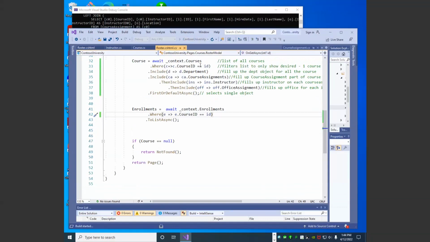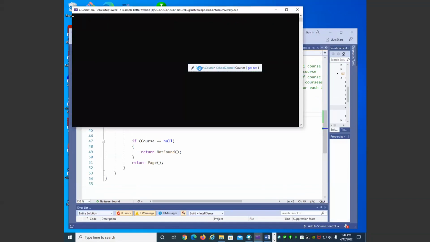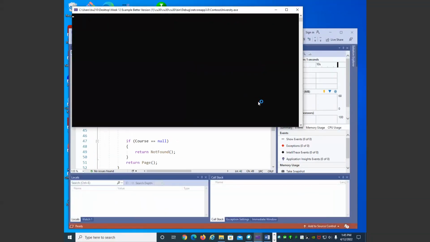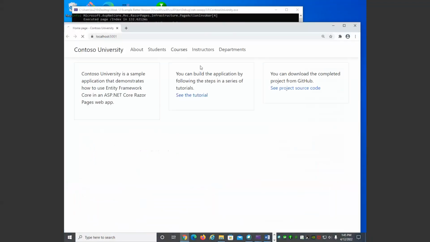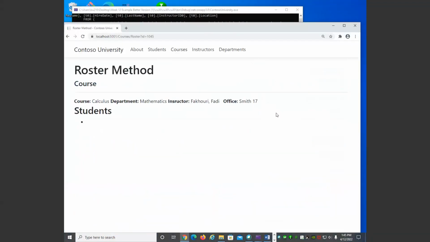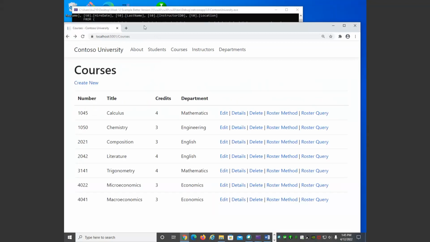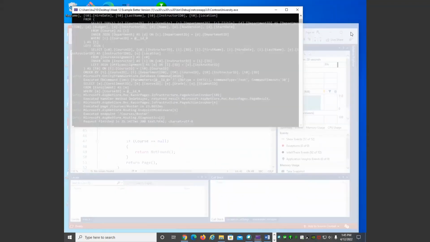I bet I know what it's going to give me. It's going to give me the dreaded null object exception. I go to course, go to roster method. I stand corrected. It didn't give me a null object, but guess what? It didn't display the students either. So this roster didn't work. It knows that there are 3 enrollments, but it doesn't know what the students are for those. Why is that? Because we didn't include,